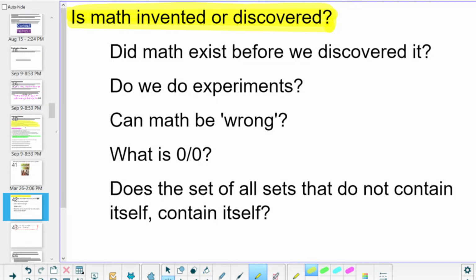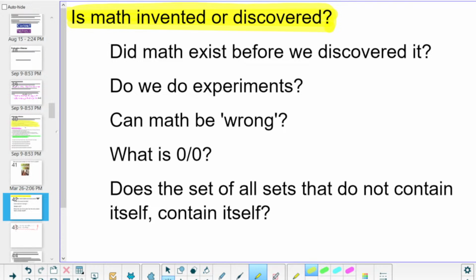Okay, let's do this slightly differently. How many people right now just sort of have the sense that math was discovered in the same way you discovered the laws of physics? Okay. How many people think that it was invented, like humans invented it, like we invented the steam engine? A few people. Okay, the people who think it's invented, since there's much fewer of those, form your own group so that you can come up with the ideas that go together.